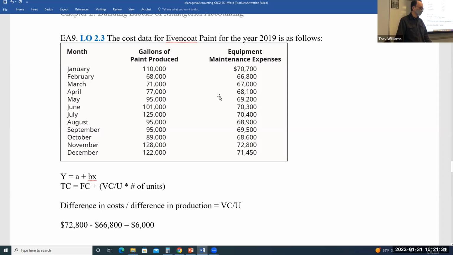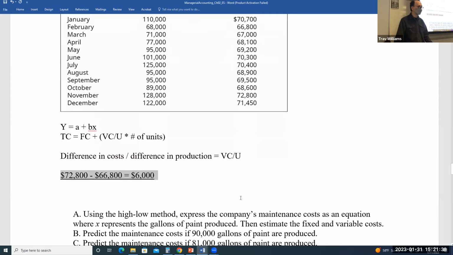Agreed? A bit more. Oh, yeah. Okay. So the total cost in the highest month minus the total cost in the lowest month, in this case equals